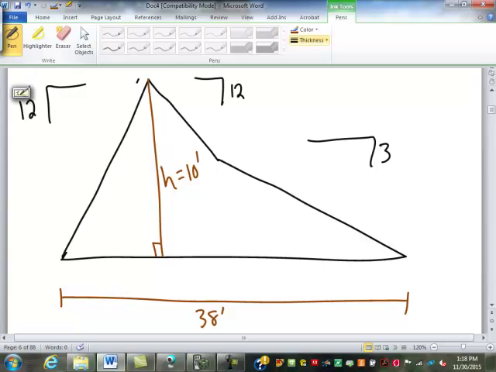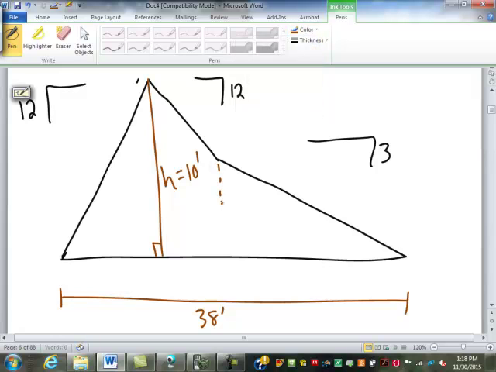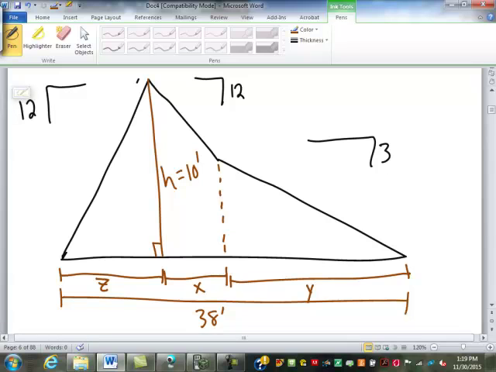I think that'll work. So what you need to find, once again, is X and Y. And of course you need to find Z here too, but Z is going to be easy to find. What do you think? Probably not going to be able to do it? Well, I will give you a hint. Z,